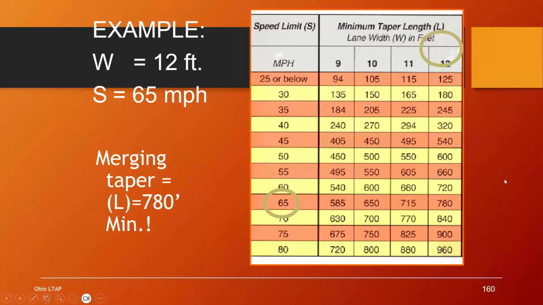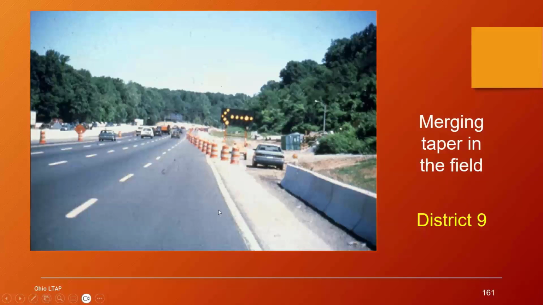So anyway, let's get familiar with these tables. They're put together for a reason. So here's an example. ODOT workers know this by heart. The length of a merging taper in a 65-mile-per-hour freeway is 780 feet in length. But as our quiz question was,